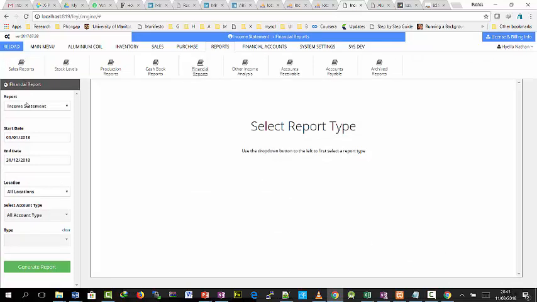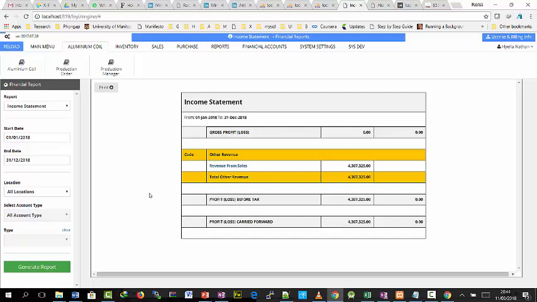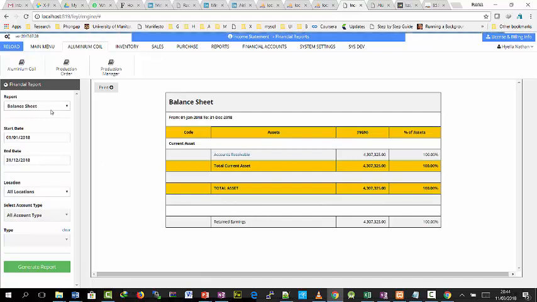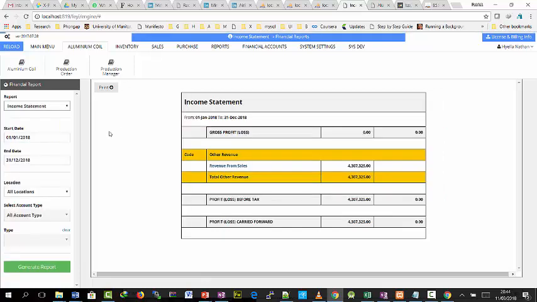So as you have seen, Hyella helps you capture from receiving your aluminium coil to the point of capturing customers' production orders. As you can see, Hyella helps you from the capture of your aluminium coils when you purchase them, to receiving customers' production orders, down to the production manager. We have also seen some reports. There are different types of financial reports that your accountant can help interpret for you if you don't have an understanding of what each one represents. Then also